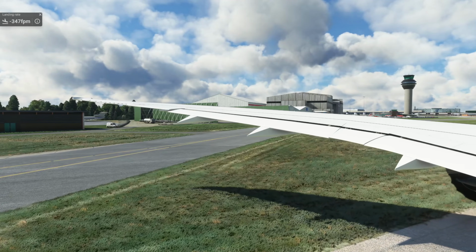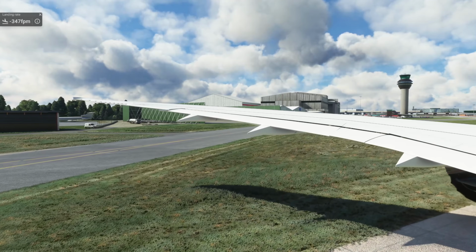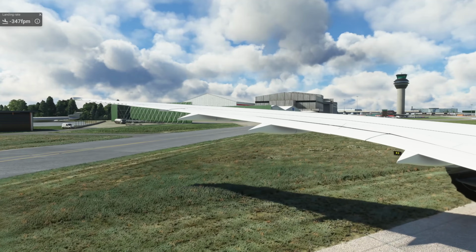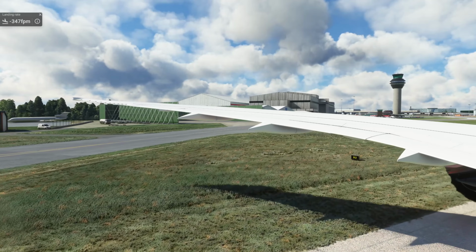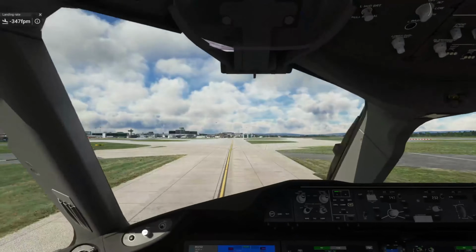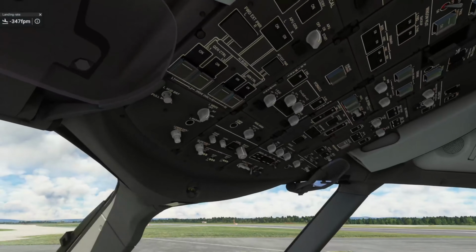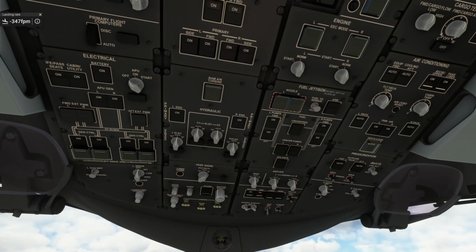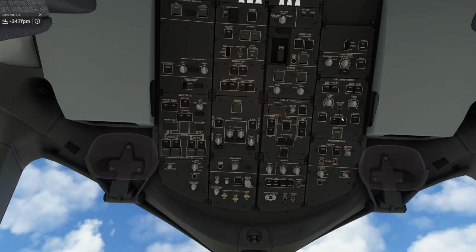We're going to identify the taxi route to the gate that we're going to be assigned, and we're going to make sure if we are assigned a certain route by ATC that we follow it really precisely to the exact gate required. Having a little look at the overhead panel as well though, what we can do is